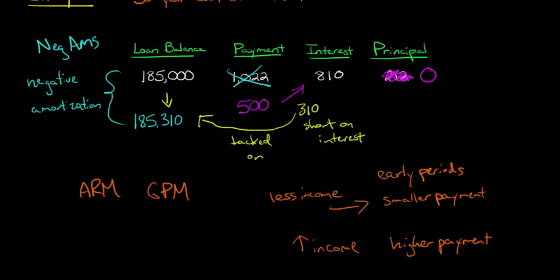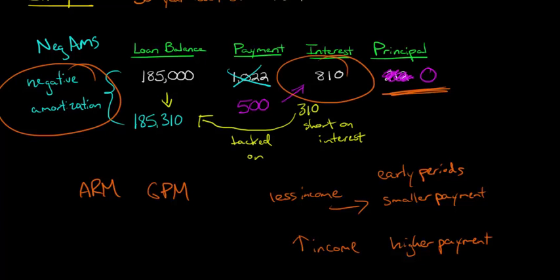But what if there's some kind of situation where you don't get that increase in income that you thought you were going to get, but then the higher payments come, and at that point you've actually been increasing your loan balance? So a lot of people see this as a very risky thing, and actually in some cases a bad thing when you have negative amortization, because the whole idea in theory with a loan is that you would like to think that every payment you make, there's some amount that's going toward the principal. And when you have nothing going toward the principal, or you're not even covering your interest, it can be kind of a depressing thought. Although, like I said, there are situations where it might be acceptable, or the thing